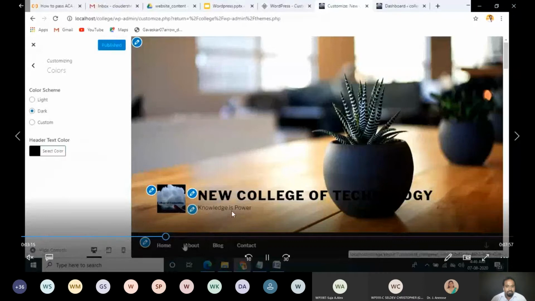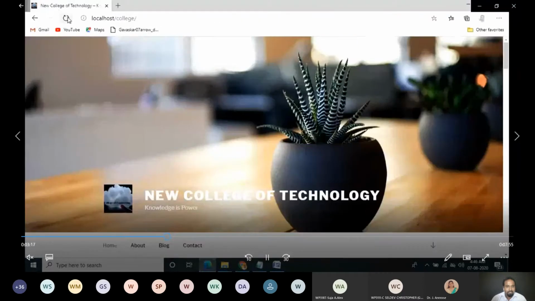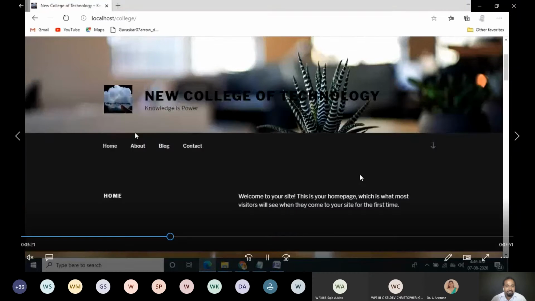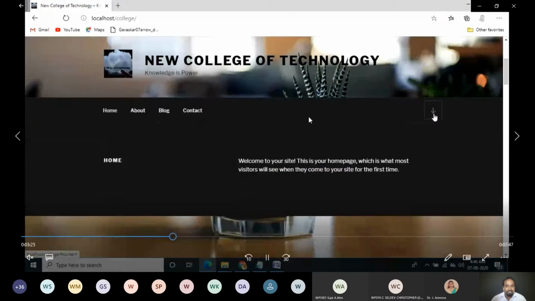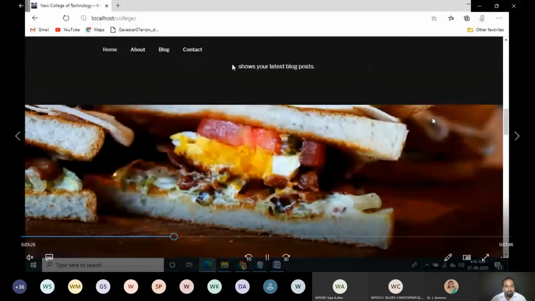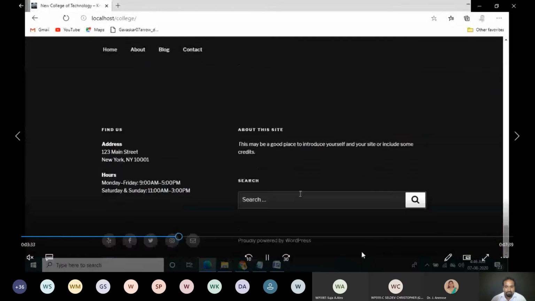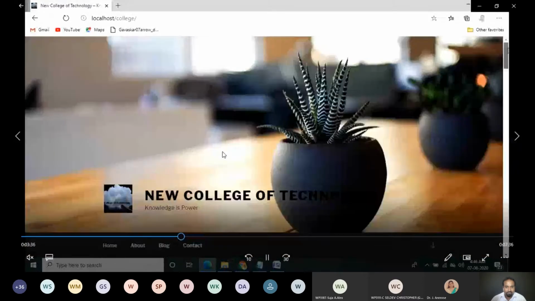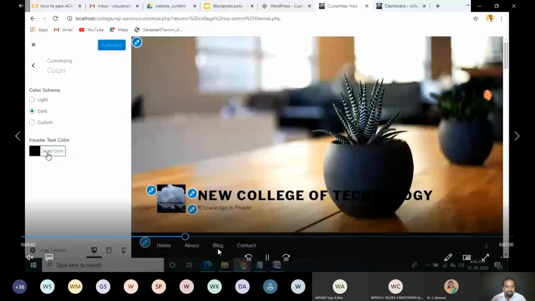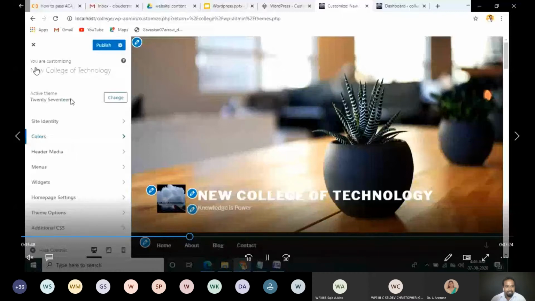Now publish, and browse that web page. While you are browsing that web page, you can find the theme is changed to dark color. Previously it was light, now it is dark. Automatically, the color for the whole entire web page will be changed. I could change this again to light, but I am proceeding with the dark.